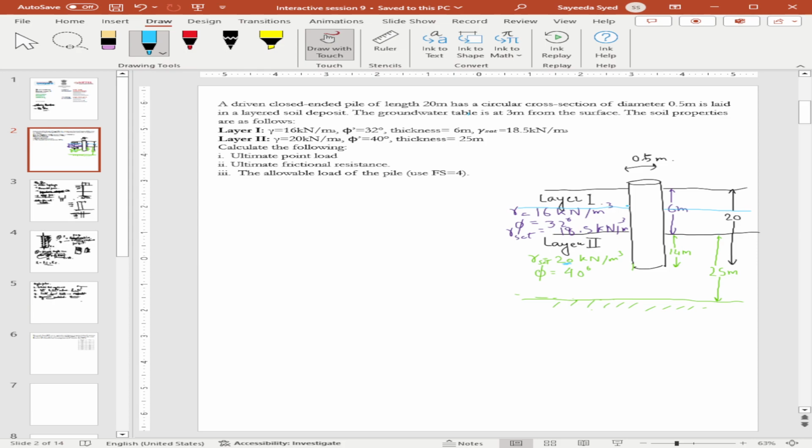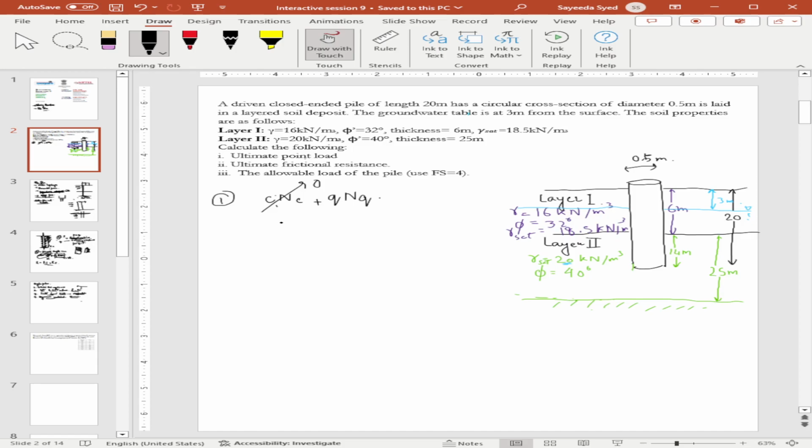You see, ultimate point load resistance, I told you it will be c Nc plus q Nq, isn't it? And we ignore the gamma B Ngamma term. Now, because it is a sandy deposit and c is zero, this term goes to zero. Now we have q Nq,